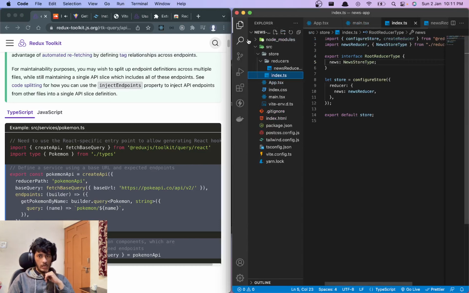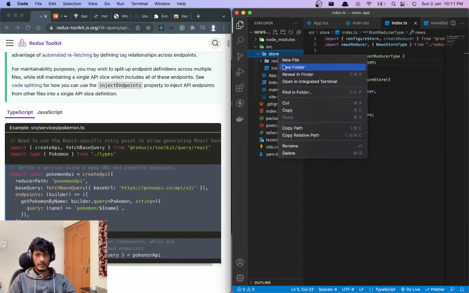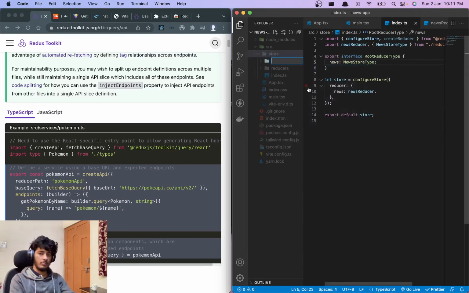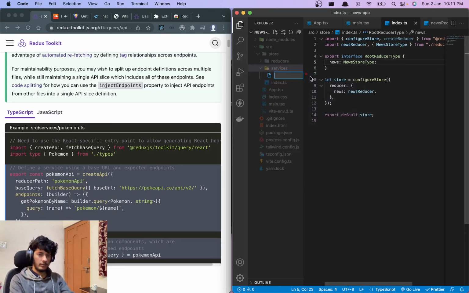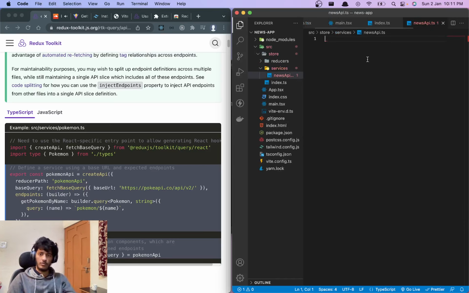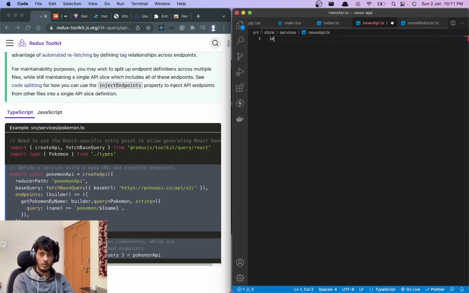Let's try to create this inside maybe a services folder, right? So let's call it newsApi dot api dot apis, right? What we can do is import this createApi from Redux Toolkit, right?